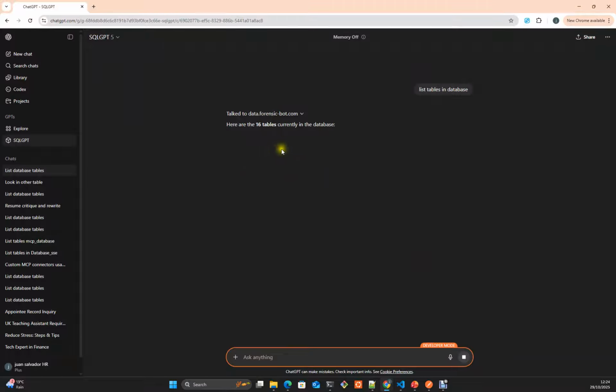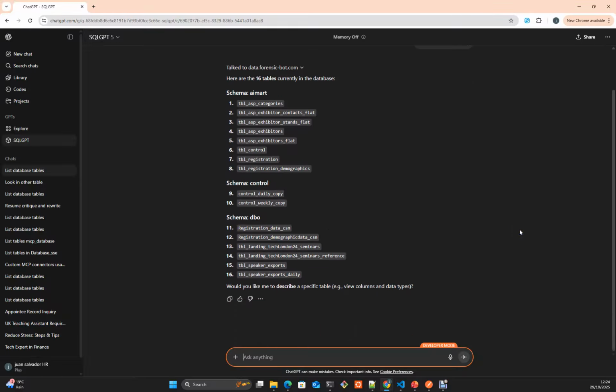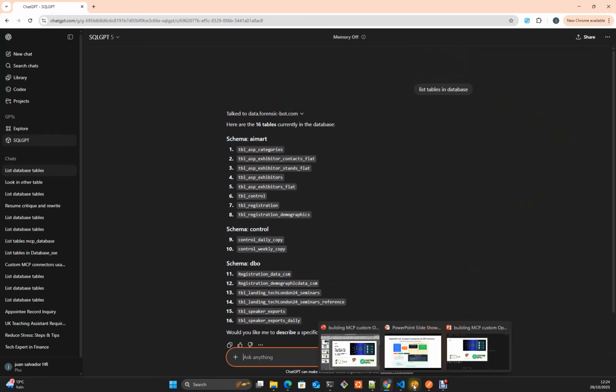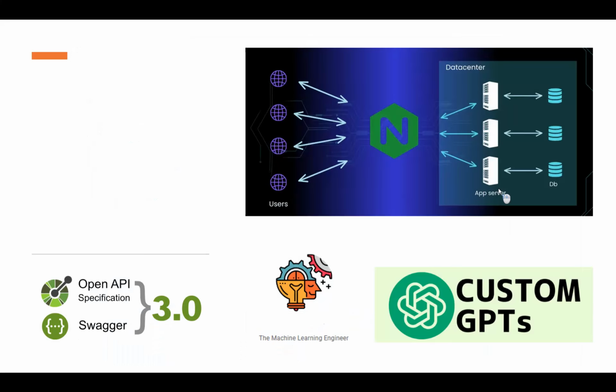and then it is talking with our database. Okay. That's all. That's pretty much all. As you can see now, we have a fully compatible OpenAPI server which is connected to ChatGPT, using the GPT actions feature in your ChatGPT subscription.